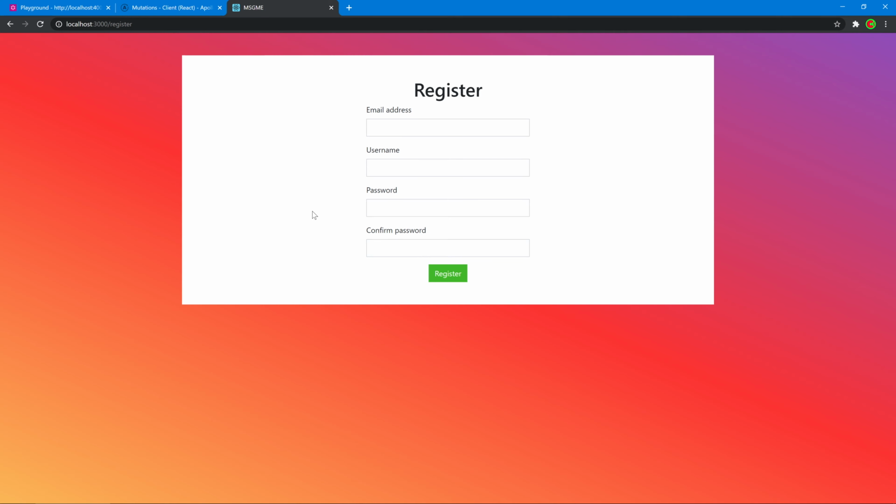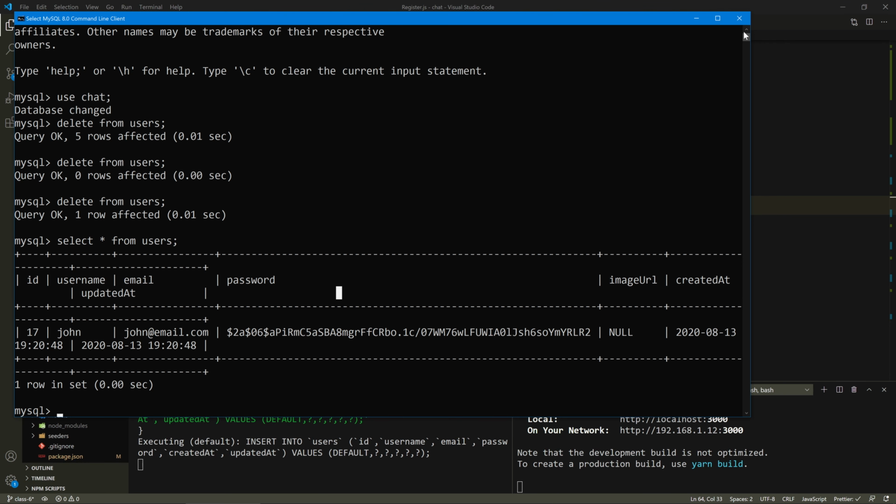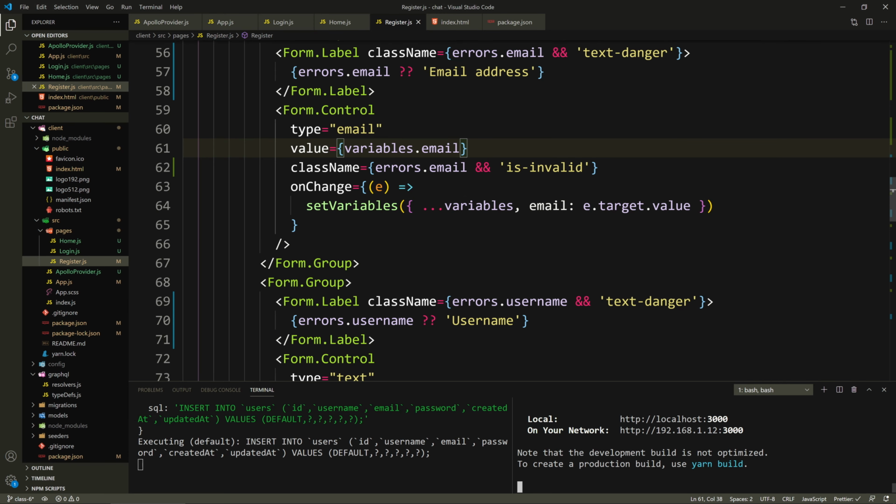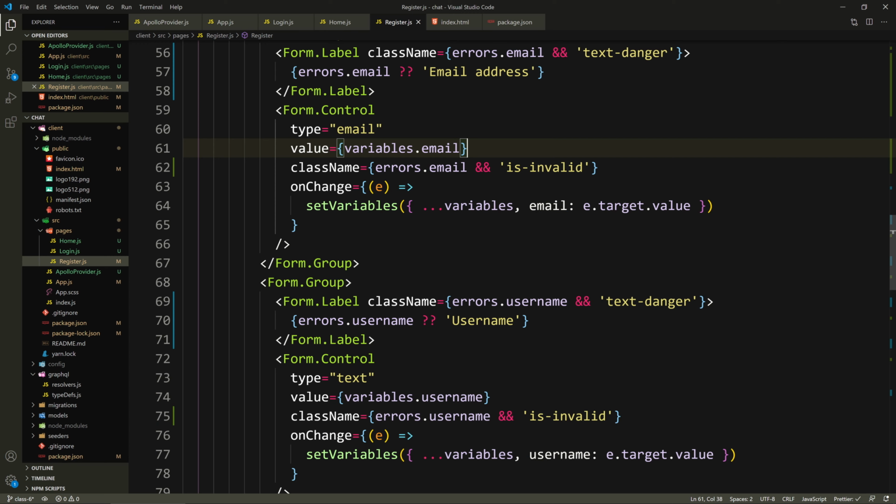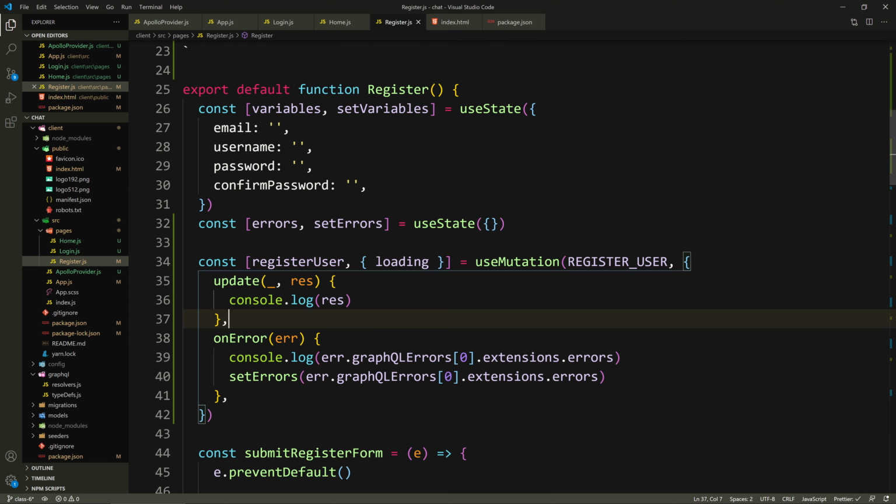All right, so let's go back to the register page. Now we need to redirect after we successfully register. So let's go back to VS Code. I'm just going to close the MySQL terminal for now. Close the command line, and up here, when we get a successful response from registering, actually we don't need the response itself, so we can omit that as well, do double underscore,